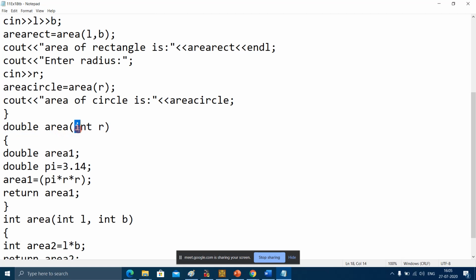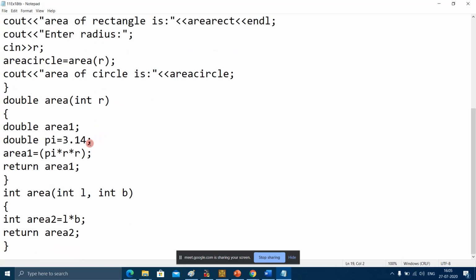And there is one parameter r. R is the parameter, or you can say variable, whose data type is int, so this variable holds an integer value. This area function is going to calculate the area of a circle, which is pi r square. Here is one variable, area1, a variable of this function, whose data type is double, that is in decimals.